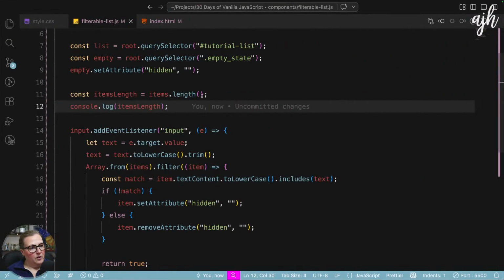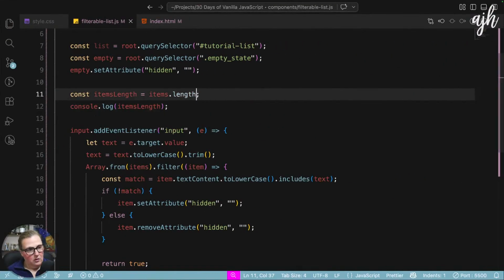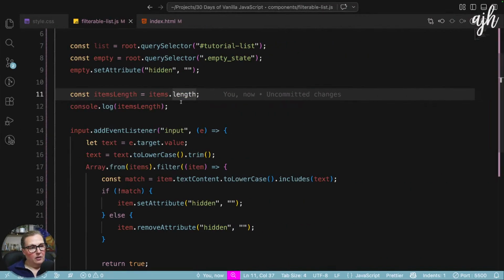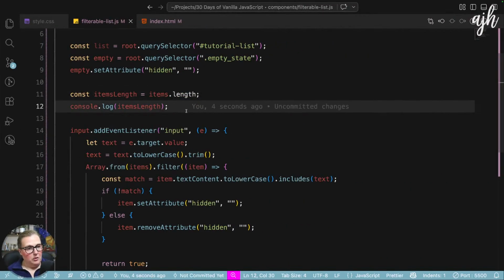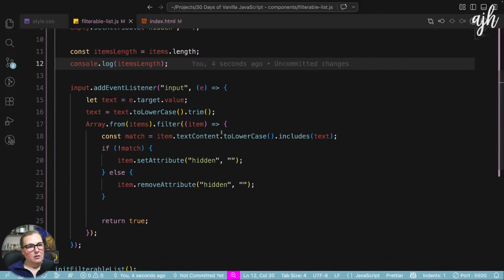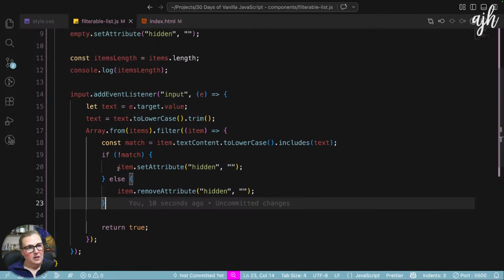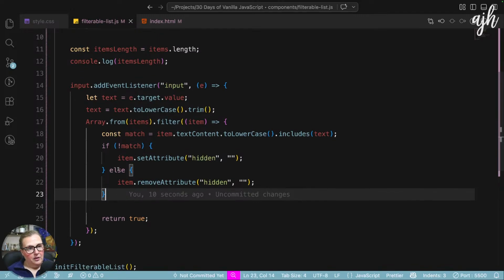Items length is not a function. Okay, so here we're getting the length. That's all I care about. So we've got the length, and we should be able to use that here, right? So if the items